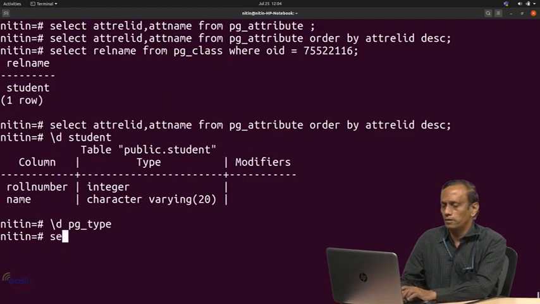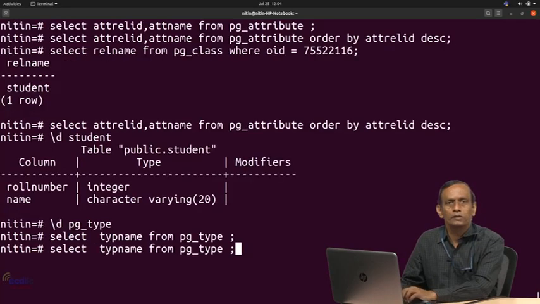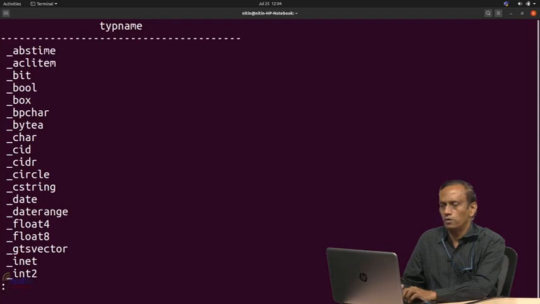So if I write select typname from pg_type, you should now be able to see different types. Let us say order by typname, so that you can get a sorted order of names.